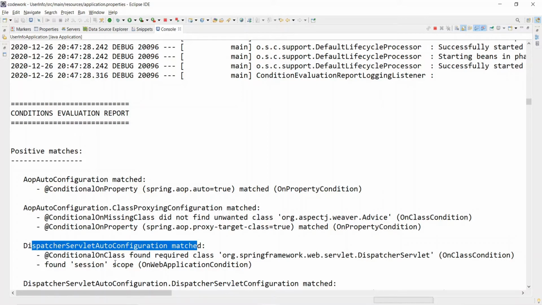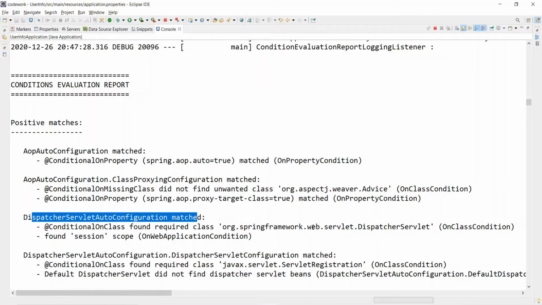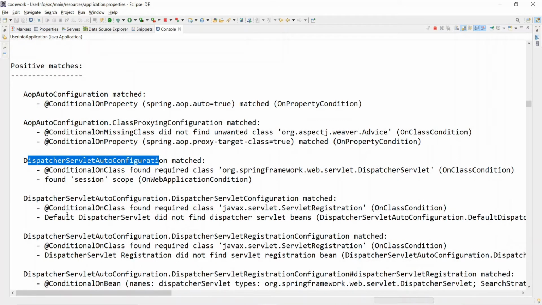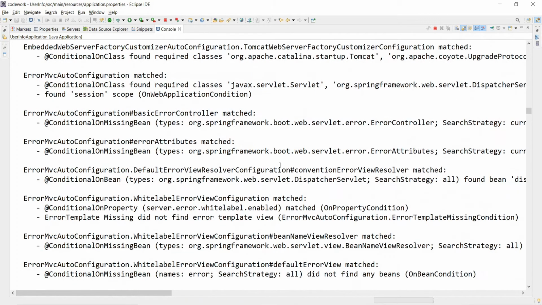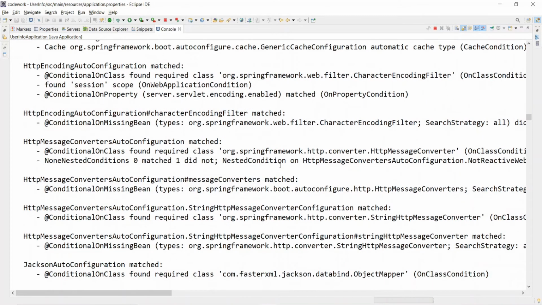Here it's saying conditional: whatever dependent jar files you have included in your classpath, whatever the requirement the developer has, Spring Boot is doing the auto configuration. So the dispatcher servlet auto configuration is doing all these things, and all these configurations are getting populated in the log.